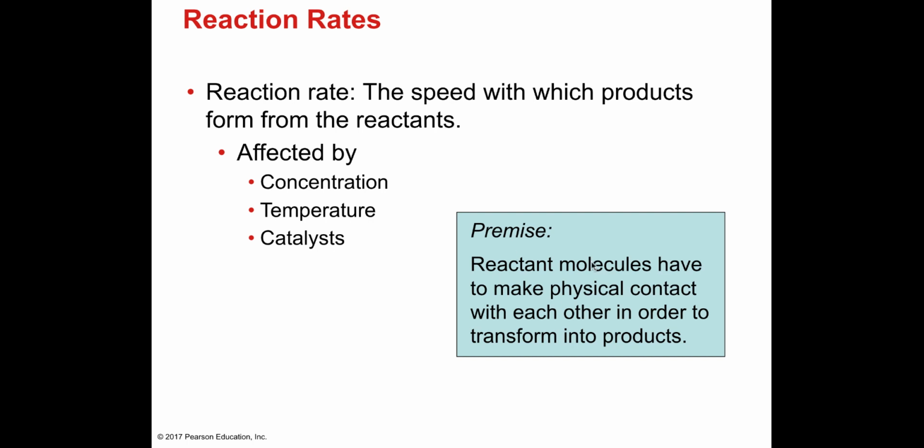Okay. So reactant molecules have to make physical contact with each other in order to transform into products. So what that means is that if you are trying to make food, your ingredients have to touch one another. For example, the water has to be in contact with the ingredients, right? And the seasonings and the rice and the tomatoes, all of that have to be touching one another in order for you to hope that at the end you will get a final product,